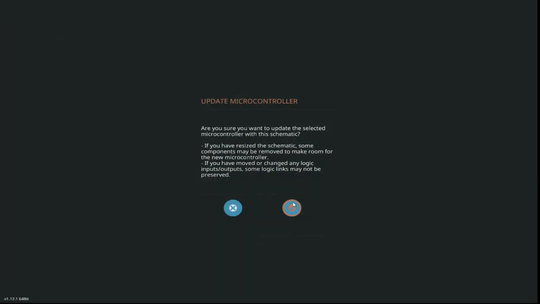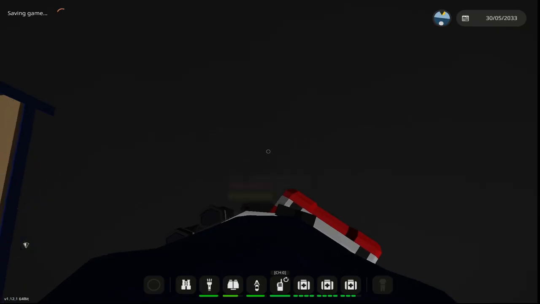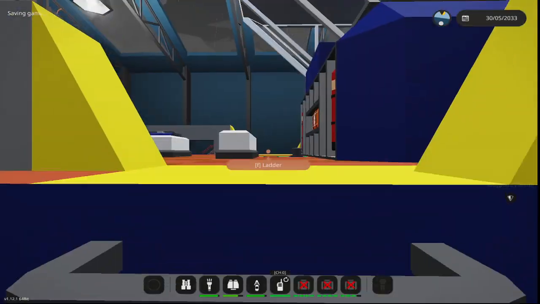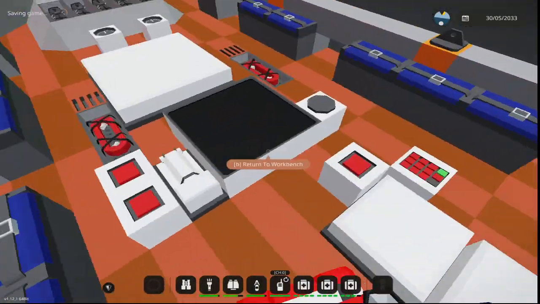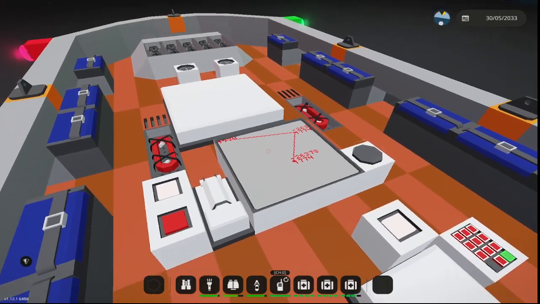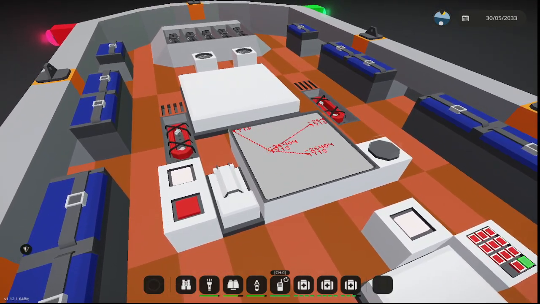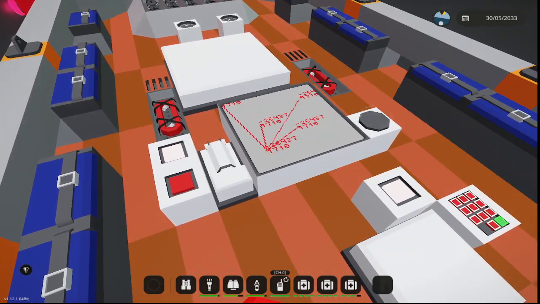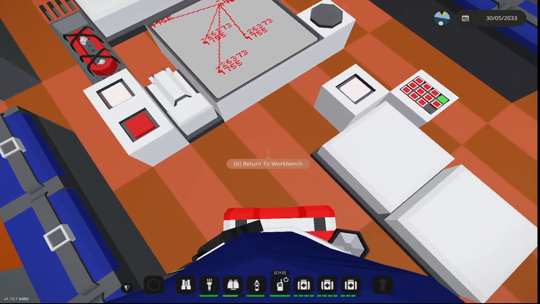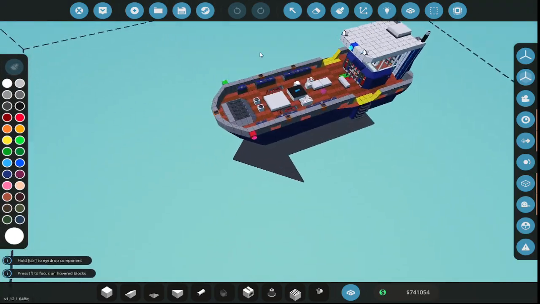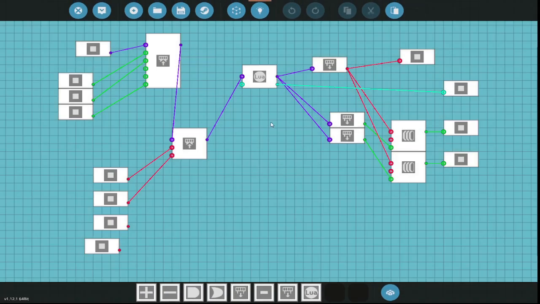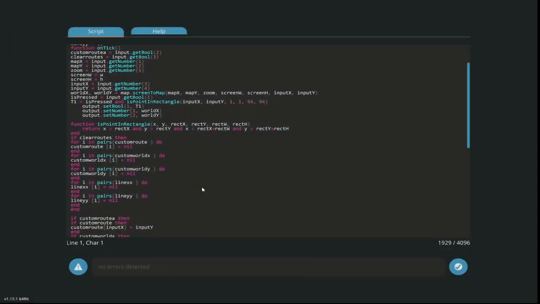Maybe that's the thing to try. Not quite. Now what it's doing is it's drawing a line from every single one to the new point,